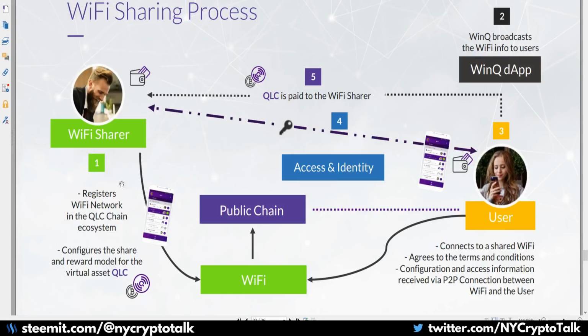Basically, the Wi-Fi sharer registers the Wi-Fi network on the ecosystem, configures it, sets up the reward model, how much they're going to charge. Then that information gets registered through their Wi-Fi and goes on the public chain. Then the user can actually connect to the shared Wi-Fi, agree to the terms and services, and configure the access through the P2P connection between the Wi-Fi and the user. Then the access and identity will be given to the user through the chain. The Wi-Fi sharer will get notified. The DApp will then broadcast the Wi-Fi info to users, and then the QLC is paid to the Wi-Fi